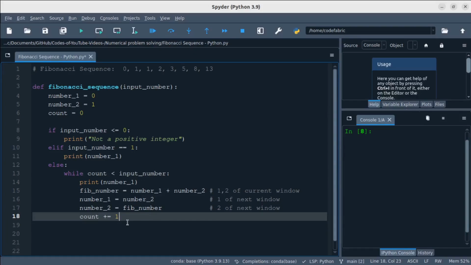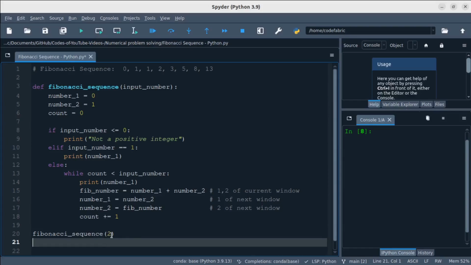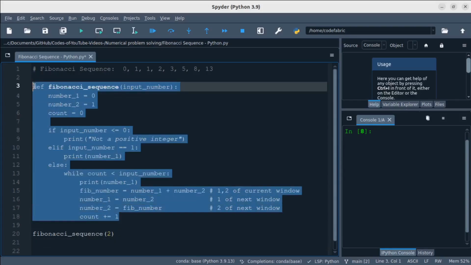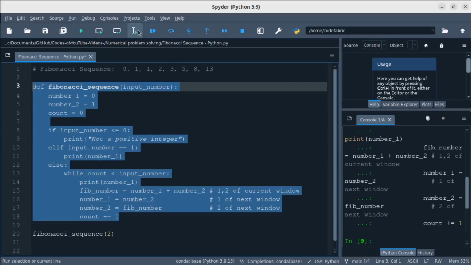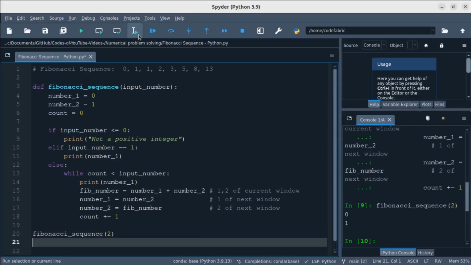Now we can test this code. So we can request two numbers in the Fibonacci sequence. First we will run our function and then run this. So the first and second elements are 0 and 1. So here I have created the Fibonacci sequence for our reference, and let's see,